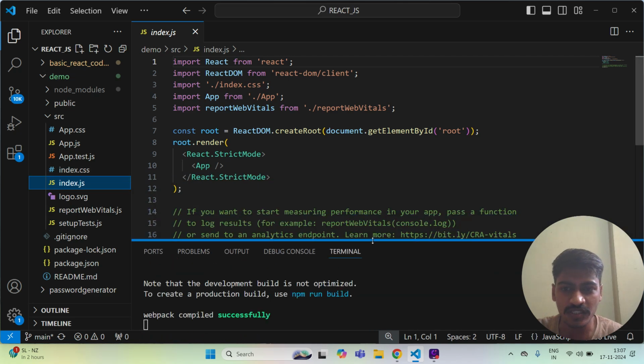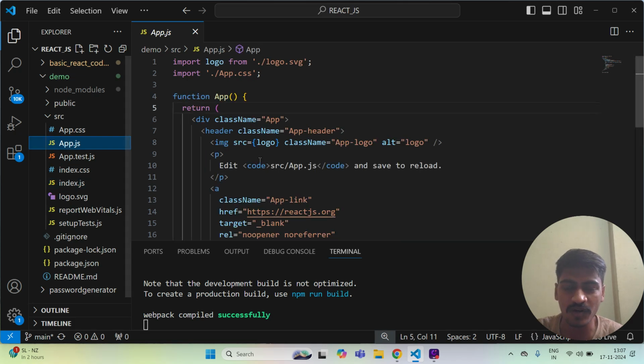Under index.js our application is wrapped, and in app.js we are rendering our component. Our routing is defined in the app.js file, and our app is wrapped in the index.js file with the help of React StrictMode, and if we use other libraries, that is done there. Okay, so let's get started.